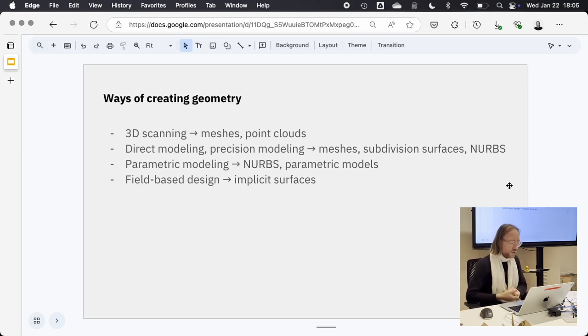And so yeah, I mentioned briefly ways of representing geometry, but for each one of these ways of representing geometry, there's a way of creating or generating it. So for example, 3D scanning, and now 3D scanning is actually really, really easy. There are tools like photogrammetric tools that allow you to stitch multiple images together, and they can produce meshes or point clouds or different types of data, which you can import and review and edit and use as a reference